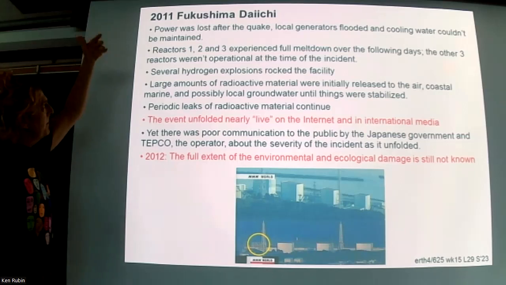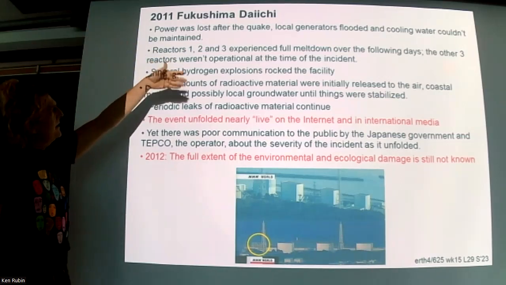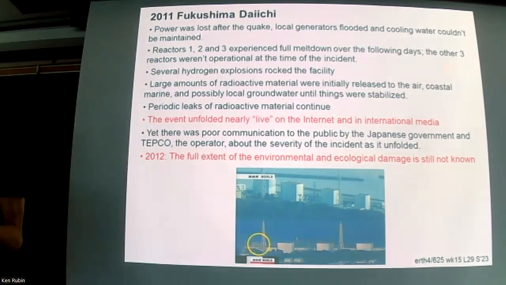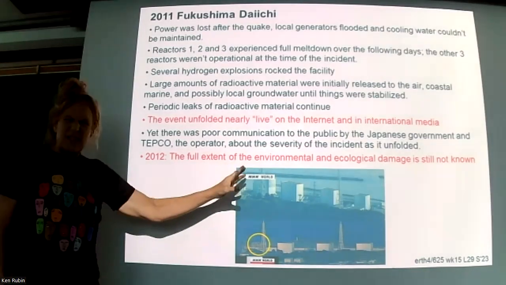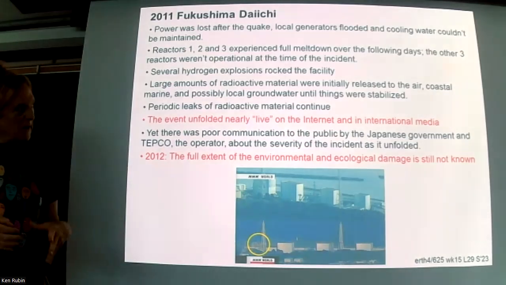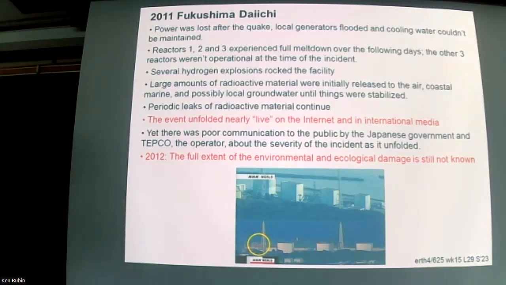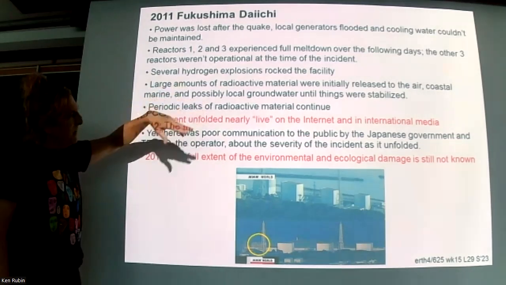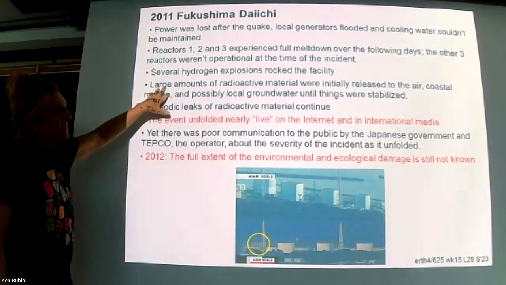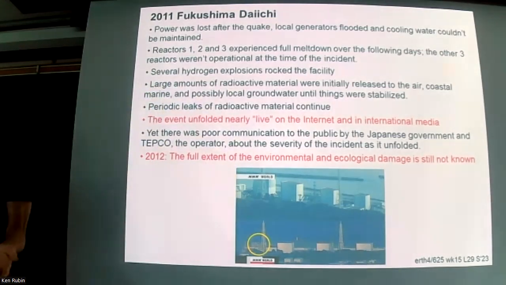So basically, they lost the power after the quake. Three of the reactors experienced a full meltdown. They had no water. They were not able to cool their rods. The rods heat up and they melt and go critical. And there were primarily explosions of steam here with really radioactive material in them. There's also generation of hydrogen from a small amount of water that's present. And so there were some hydrogen explosions, and there were large amounts of radioactive material put into the air and